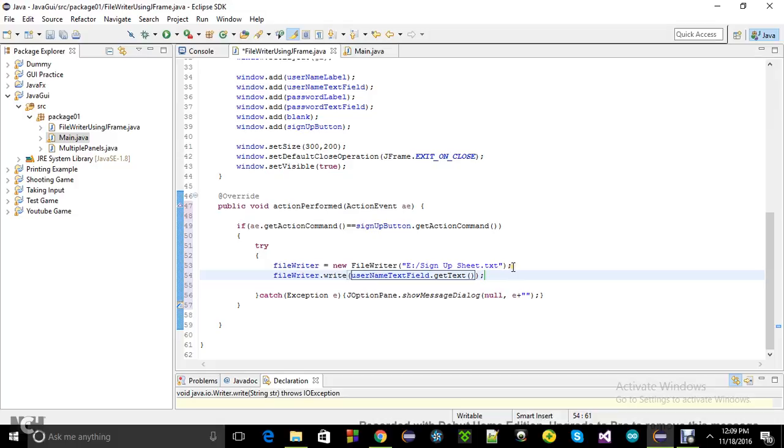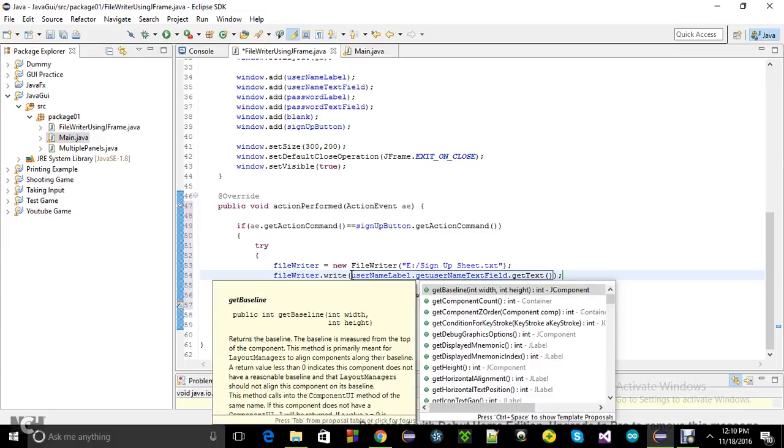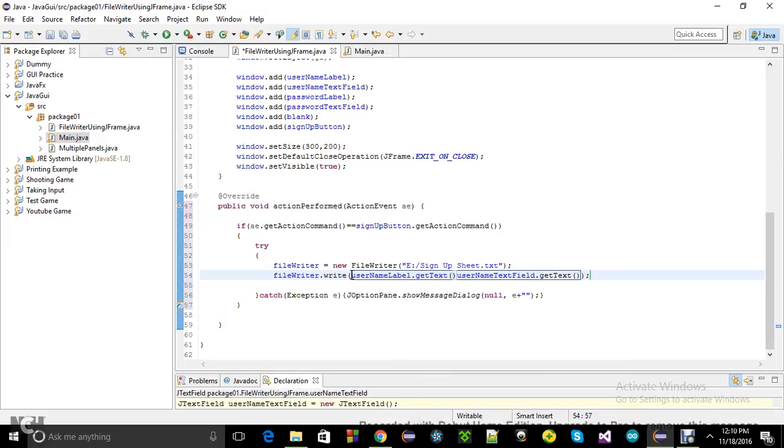Just to make it look good, I want to place a label as well at first. So first place the username label dot get text. Alright, just to make it look good, and then